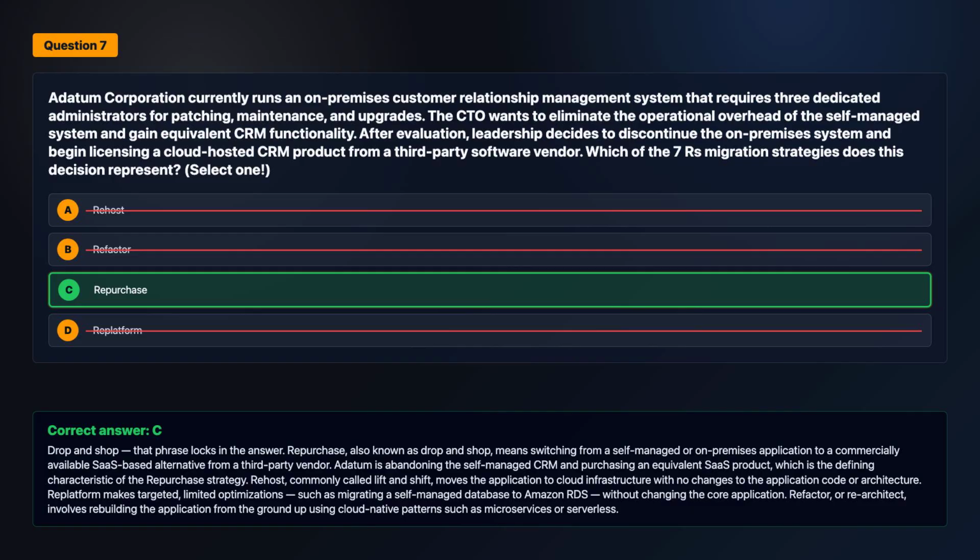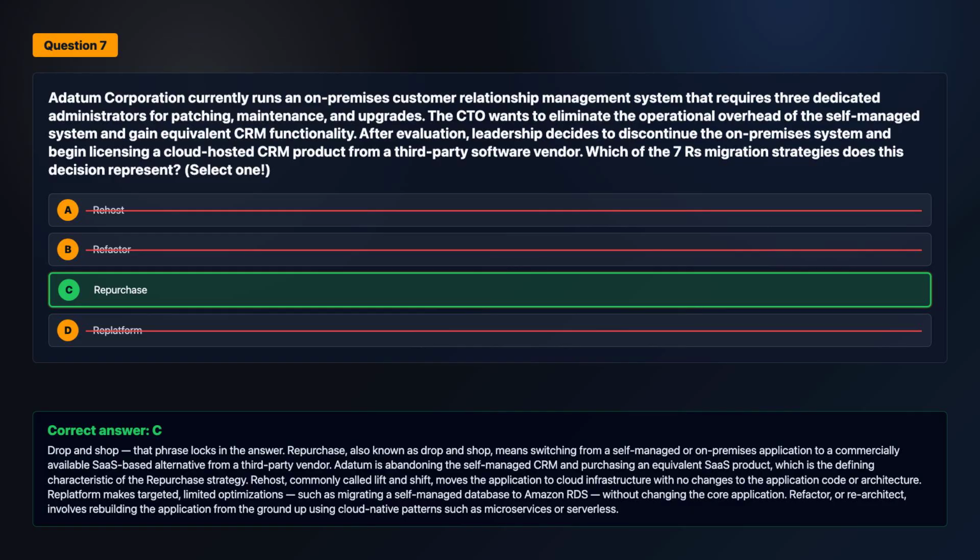Repurchase, also known as drop and shop, means switching from a self-managed or on-premises application to a commercially available SaaS-based alternative from a third-party vendor. A Datum is abandoning the self-managed CRM and purchasing an equivalent SaaS product, which is the defining characteristic of the